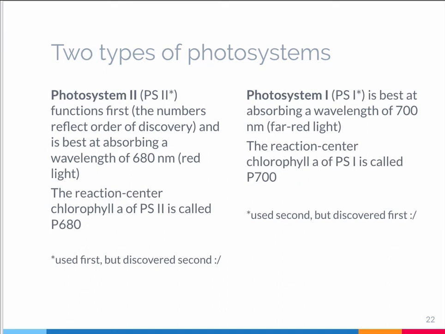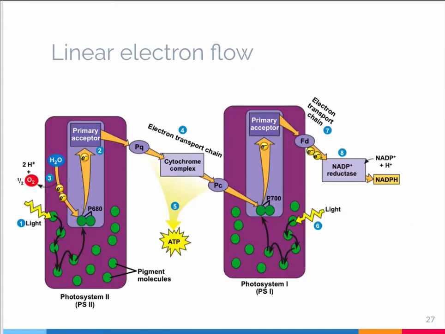So how do these two photosystems work together? To answer that, I'm going to jump down to this diagram here. That does a nice job of summarizing the two photosystems. So notice that you've got photosystem 2 here, and the first step is light coming in and striking a chlorophyll molecule. Just as we saw before, the energy from that chlorophyll molecule, its excited electrons, gets passed to another chlorophyll molecule, and its excitement gets passed to another one, and its energy gets passed to another one, and the energy is passed and passed and passed until finally the energy reaches this special pair of chlorophyll molecules located in the